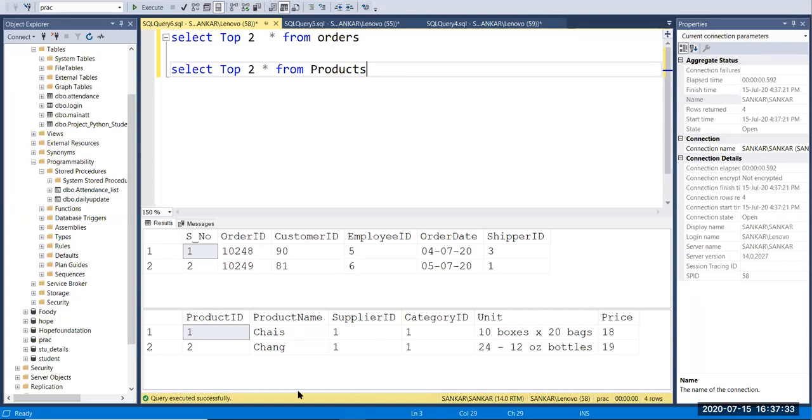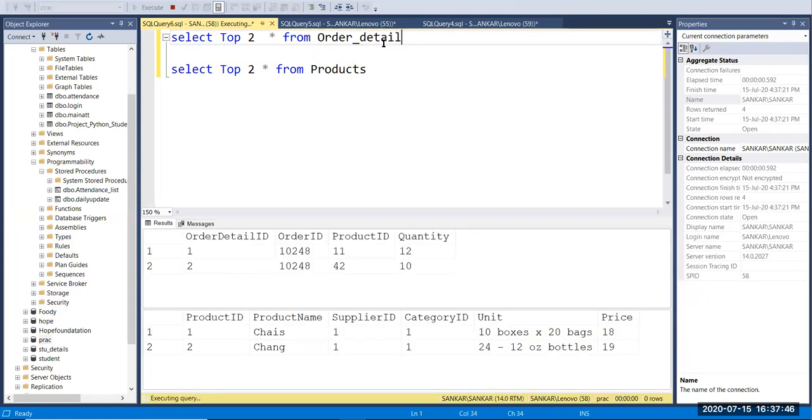Now you can see we have product ID in the product table and also product ID in the order detail table. So now you can get the entire tracking data.